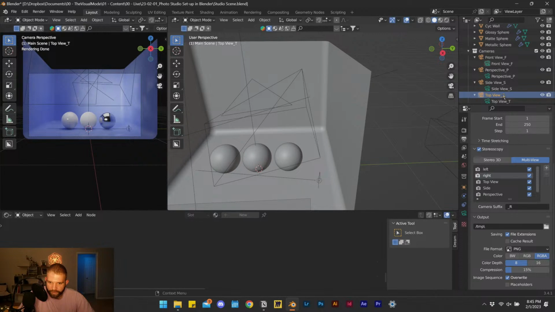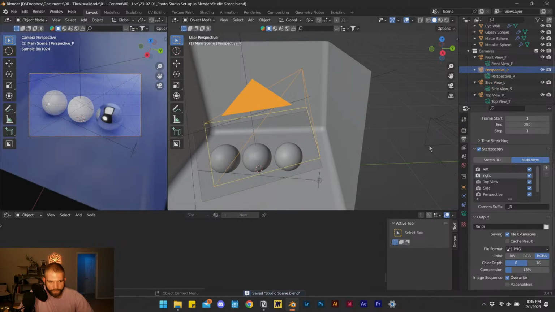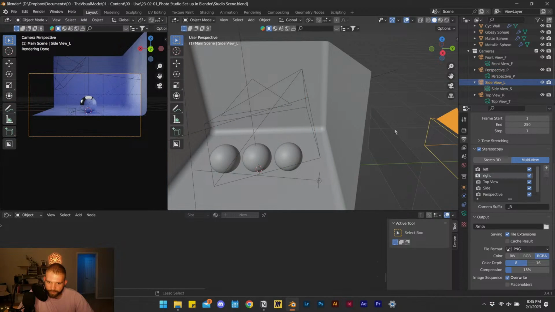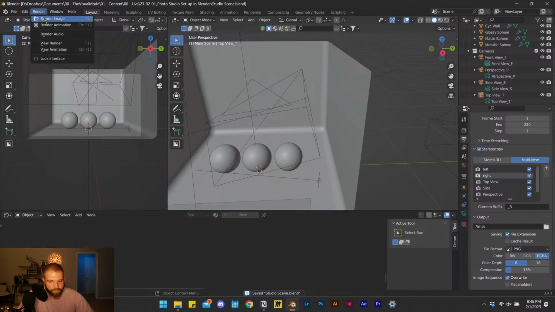Let me see what happens if I change the suffix to R, and then one to L. Oops. Yeah, no, typically you see the cameras overlapping, and this is not working for me at the moment. Let's see what happens when I hit render. It actually is working, but it's not giving me the preview. All right, we got everything back. If I hit render with stereoscopy enabled,